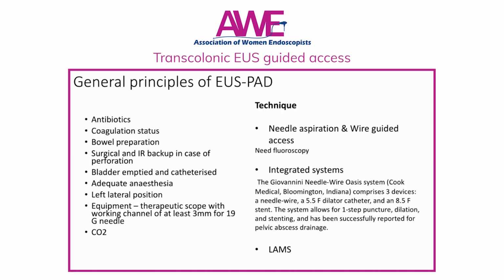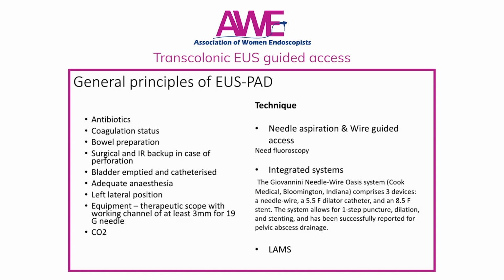So what are the general principles of EUS pelvic abscess drainage? So obviously IV antibiotics have to be started prophylactically during and after the drainage. We need to ensure the coagulation status of the patient is normal. The bowel should be prepared as well as possible. We need to make sure we have surgical and interventional radiology backup in the case of perforation. The urinary bladder should be emptied and catheterized, and the Foley catheter being in place is a guide as to